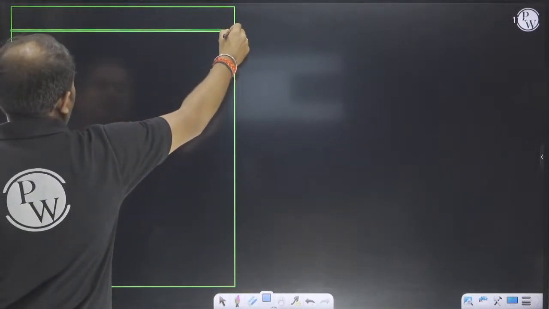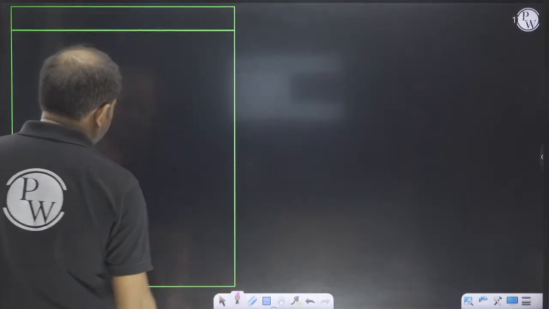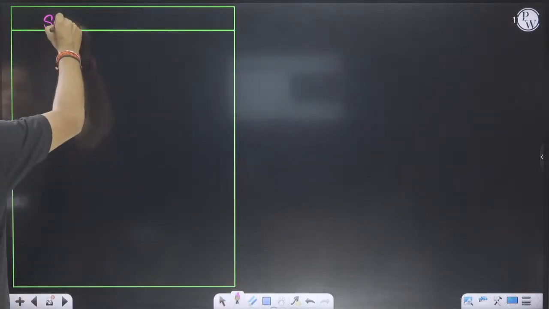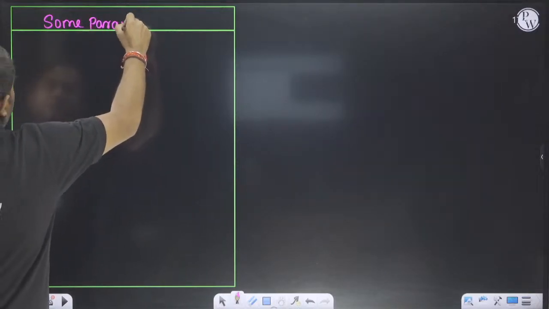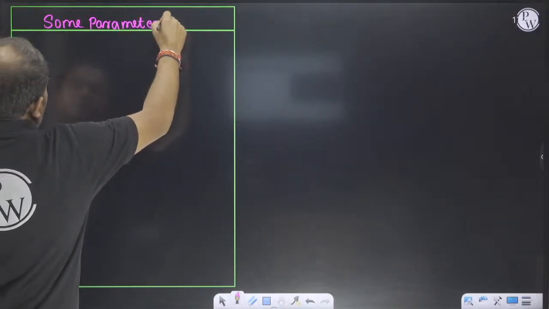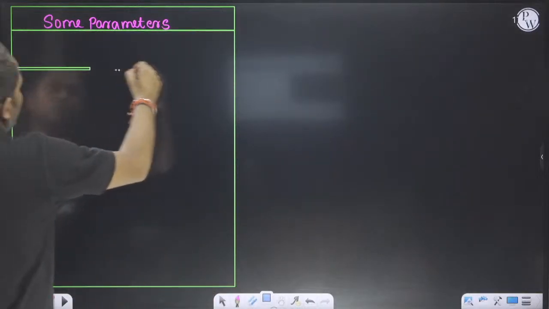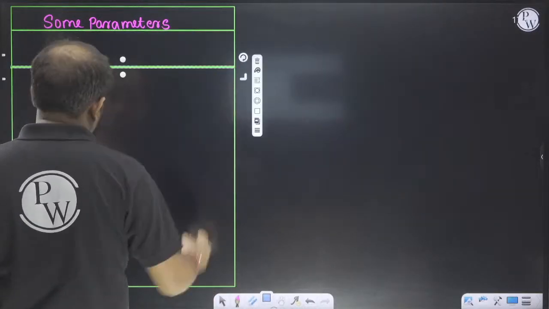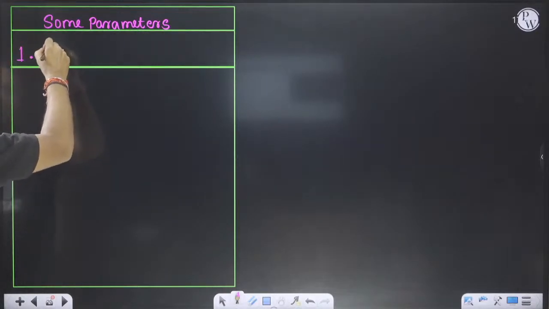So the first one is return loss. You will write some parameters, because these are the parameters from which they will ask the questions. So the first question is, what is return loss? Return loss is equal to,